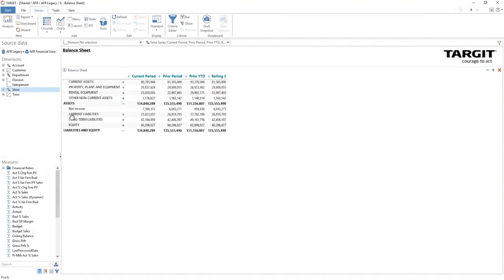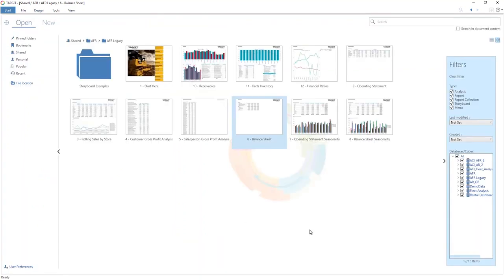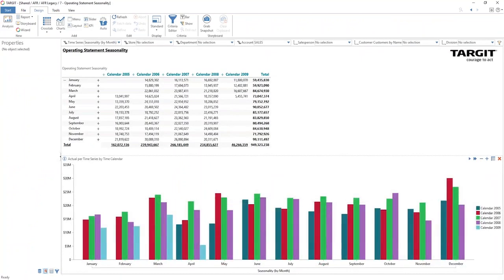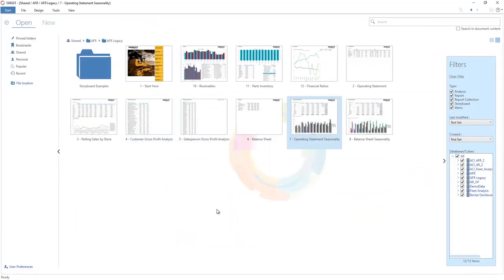That's essentially the high-level kind of things that you would be able to do. You can certainly build this out further to do analyses of specific accounts, such as this would be an example of showing maybe some seasonality across time for sales. There's a lot of different things you can do. We won't get into all that here right now, but this was just intended to give you kind of an idea of the things that are possible with the